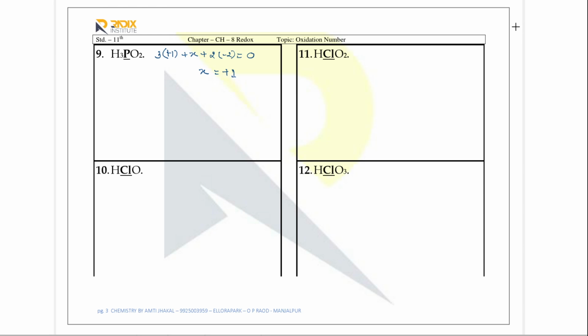One we have is H3PO2, H3PO3, and H3PO4. And the oxidation states are plus 5, plus 3,